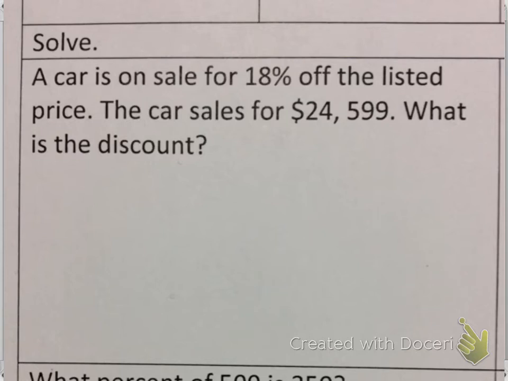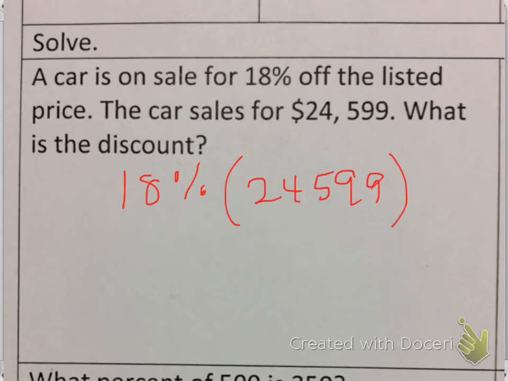Alright, so let's take this information now and see if we can solve some real problems. So it says the car is on sale for 18% off the listed price. The car sells for $24,599. What is the discount? Well, I'm going to find out 18% of $24,599. If you remember, the word of in math means to multiply. So every time I see the word of, I'm going to multiply, and it says 18% of